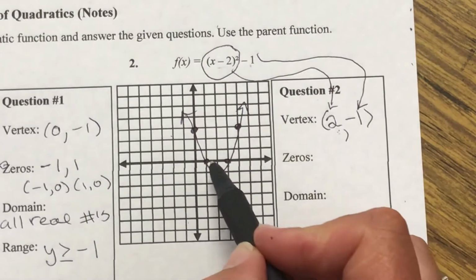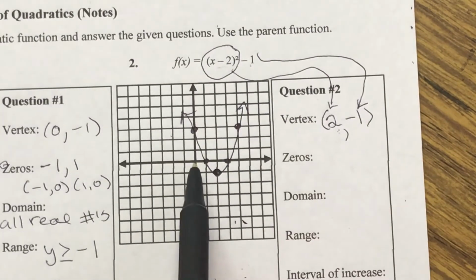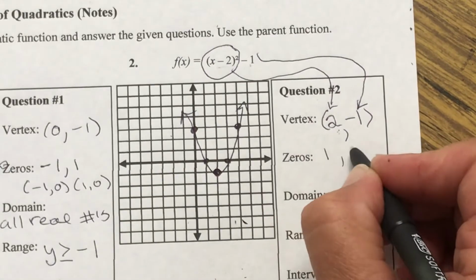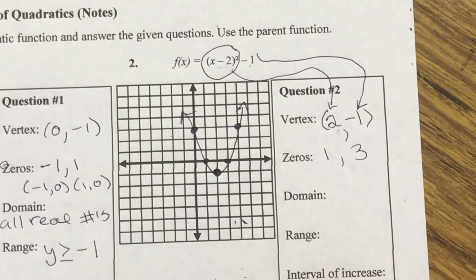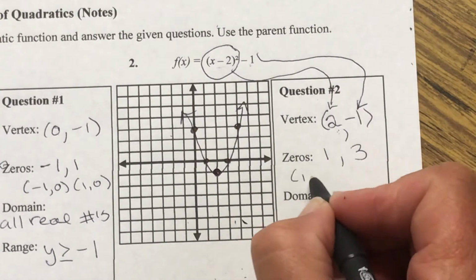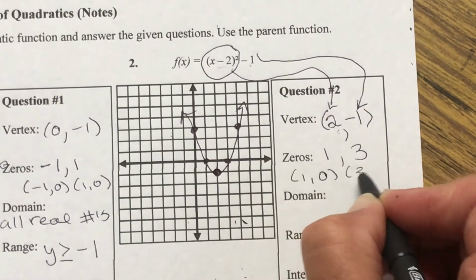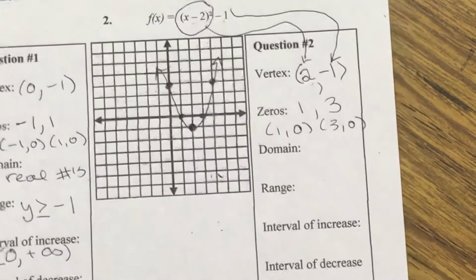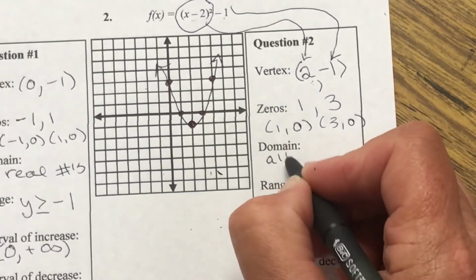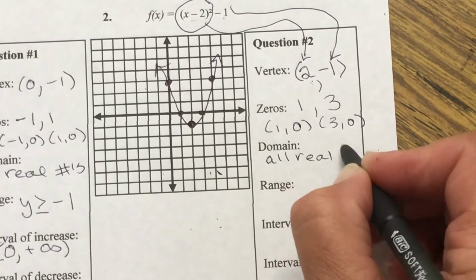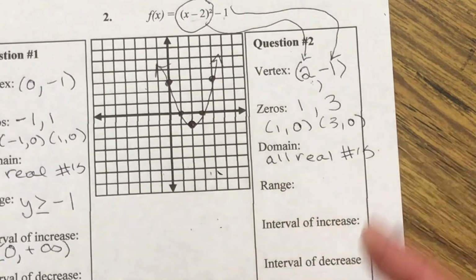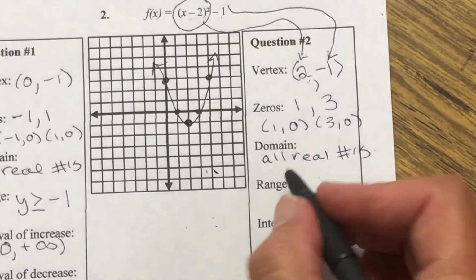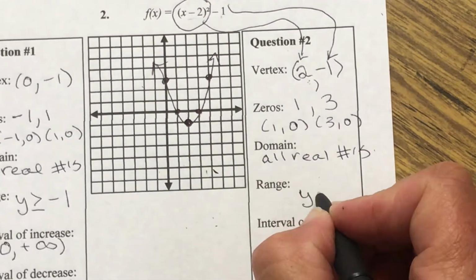Our zeros are where does it cross? Looks like it's crossing at 1 and 3. 1 and 3. No parentheses, please, unless you're going to write them as points. And then that's fine to use parentheses. The domain in this case is going to be all real numbers again. And the range, if we flatten this against the y-axis, it would be y values that are greater than or